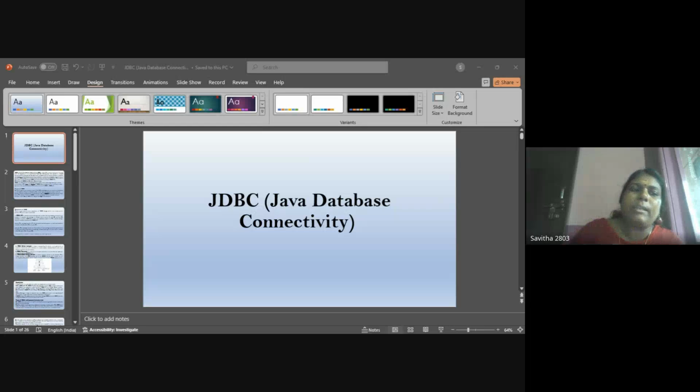The data stored in a relational database can be accessed with the help of JDBC APIs. Using Java, we can store different values into the various tables in MySQL or an Oracle database. Then, the definition of Java Database Connectivity: it is basically an application programming interface used in Java programming to interact with the databases.